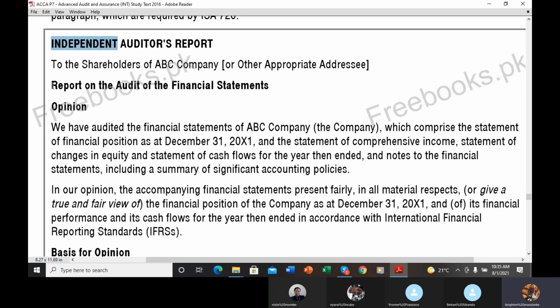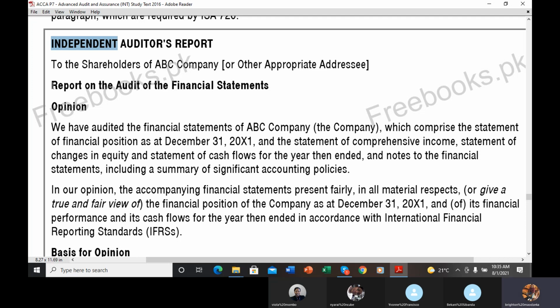It's a heading. So under the opinion paragraph, please guys, write in point form that under that heading the report should clearly indicate the name of the company, or the client, in brackets the client,